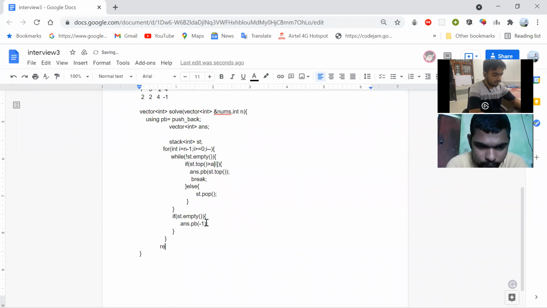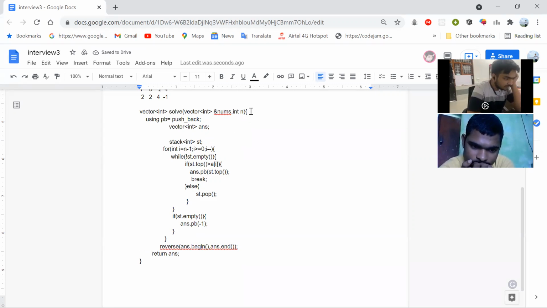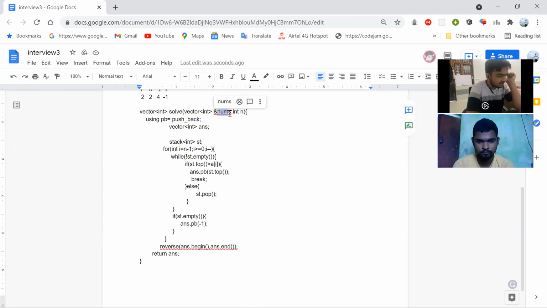After that, I reverse my vector and return my answer. I'm checking one more time what I have done. I'm changing my vector name to array vector, because I wrote down all the values. Array.